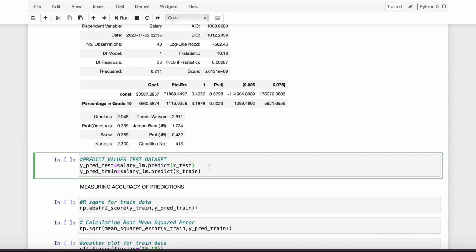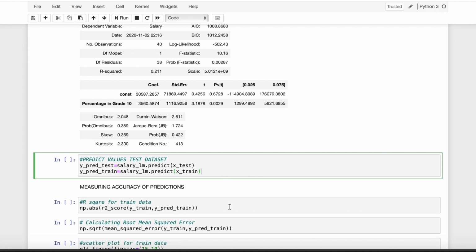So here I have added two variables, that is y pred test and y pred train, and have inserted predicted values of test data as well as predicted values of train data. Now these predicted variables can be further used to compare the predicted versus actual values and can help us in measuring the accuracy of our model.